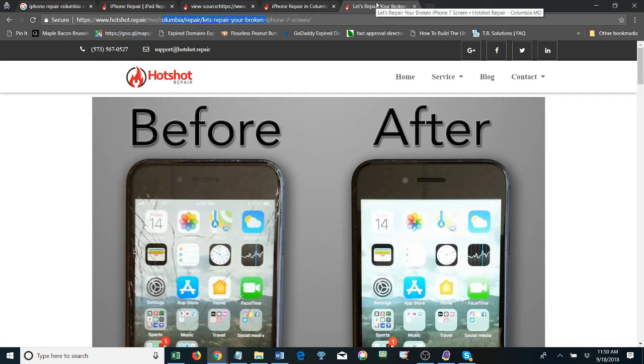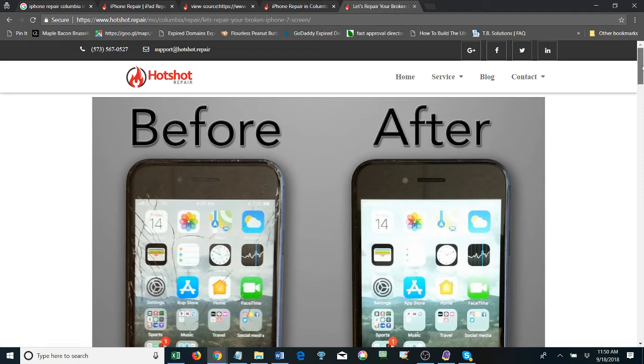I would remove Columbia Mo so that you don't localize it as much. You're still going to localize it because of the Columbia Mo here. Honestly, if I had my way with your site, I would not have the blog URL set up this way, so that Columbia Mo was not always in my URL. I think this is going to trip you up in the long run.